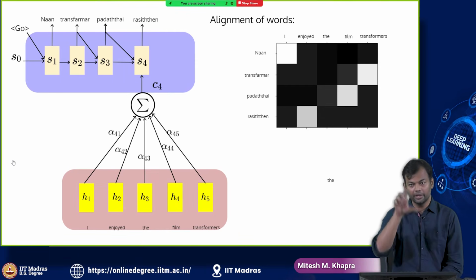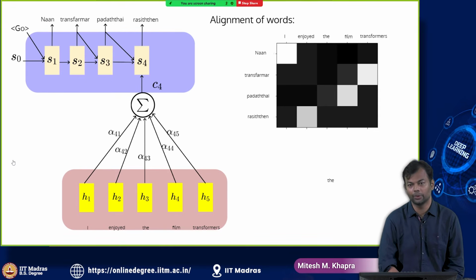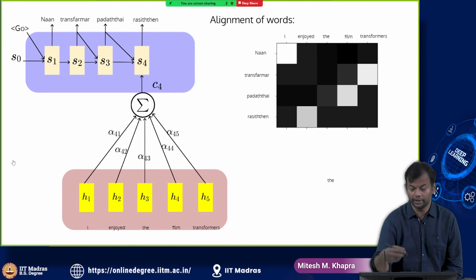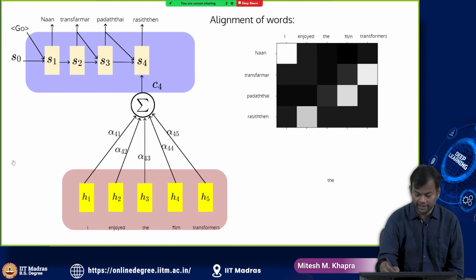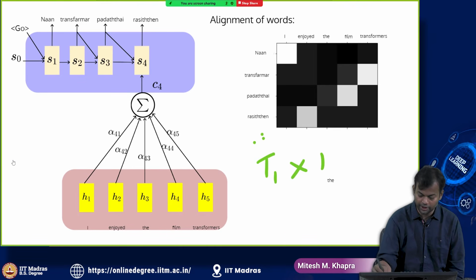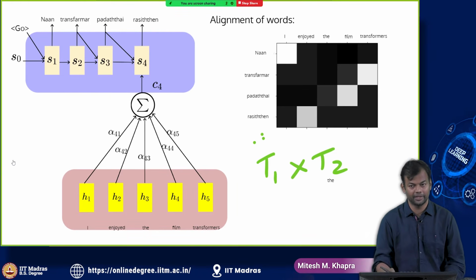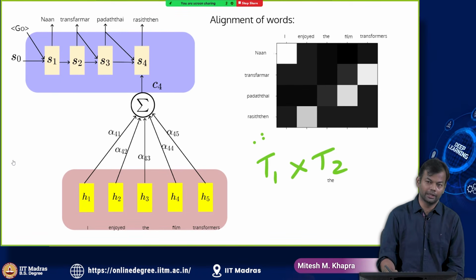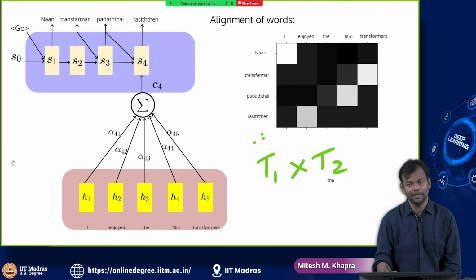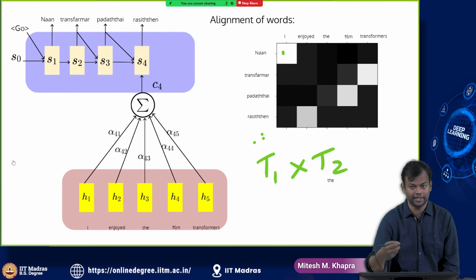Now what I'm showing here is what is known as a heat map. This is what you typically look at when you are using an attention-based model. So this has, say, a T1 cross T2 matrix, where T1 is the length of the input and T2 is the length of the output, or the other way around, whichever way you look at it. And now in this, wherever you see a light spot, that is the place where the attention weight is maximum,